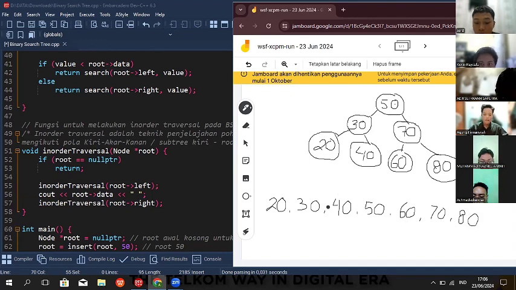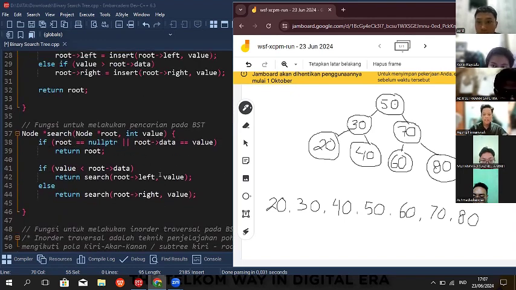So that's the sorting process. So the in-order result is 20, 30, 40, 50, 60, 70, and 80.